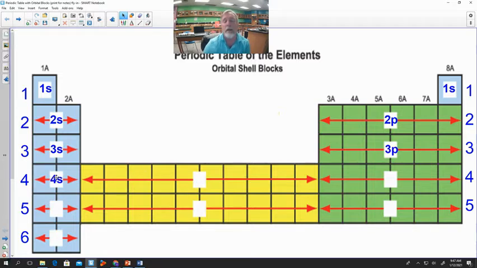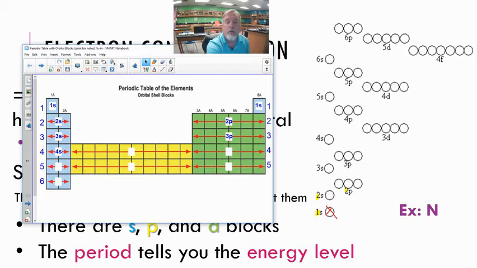Well, now it's going to get a little more complicated, and I want to show you how the periodic table structure here reflects what we did earlier with our bubble charts. So what I want you to see when you looked at your bubble chart, what did we see over here? Right, you had the 1s. Well, here's what we see on our periodic table. We start with our 1s. There's our 1s first electron, 1s second electron.